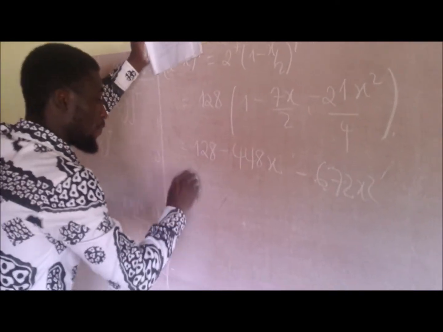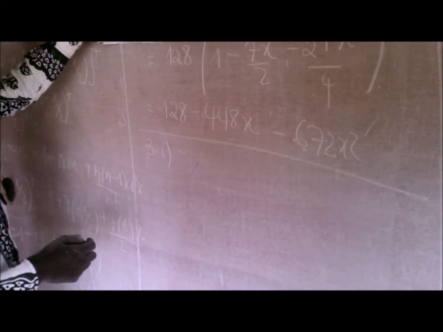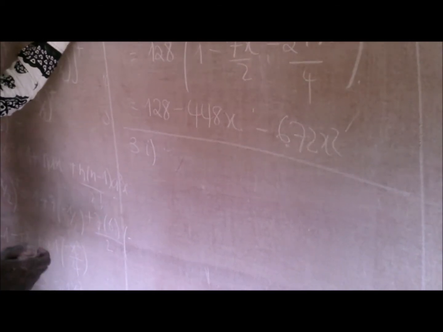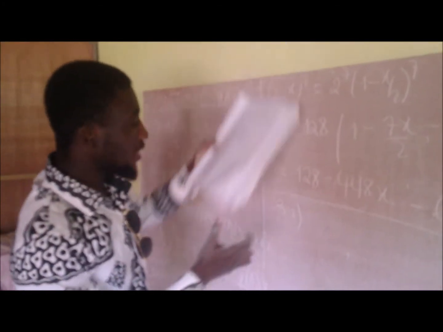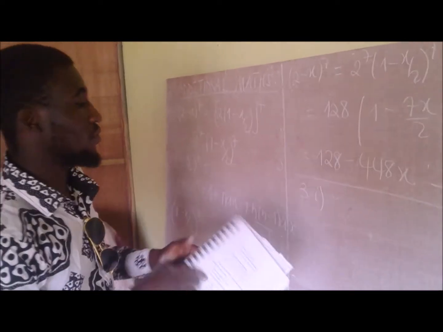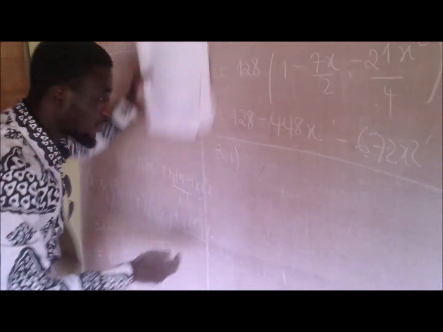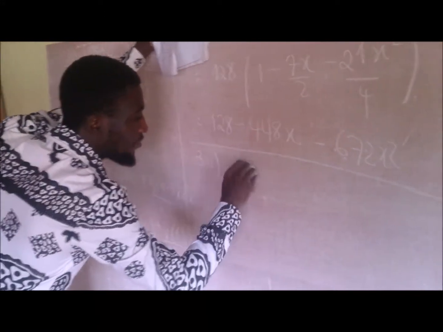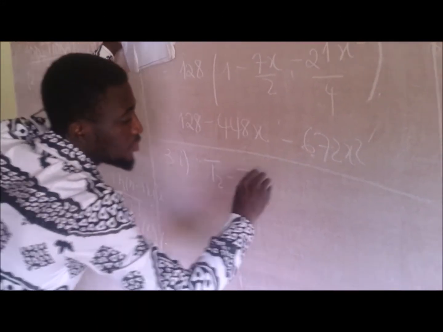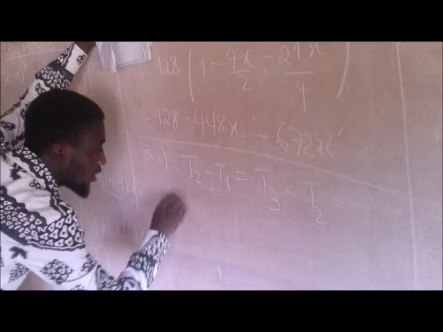Okay, question 3. In question 3, they say given that 2 plus t, 4t minus 2, and 4t plus 1 are the first three terms of an arithmetic progression, we are being asked to find the value of t. First of all, in an arithmetic progression, the second term minus the first term is equivalent to the third term minus the second term. So it therefore means we are going to have 4t